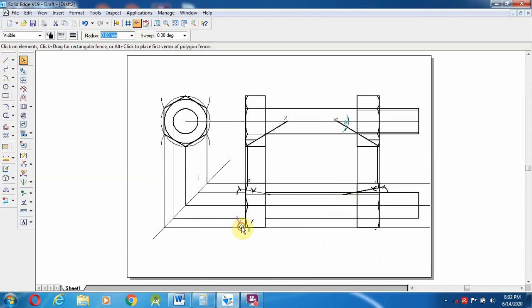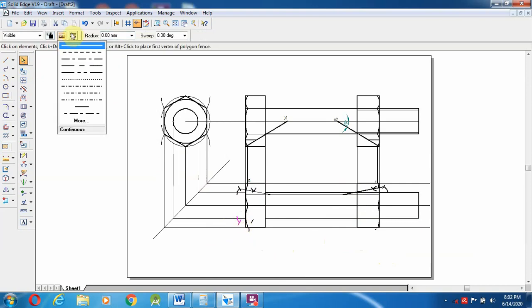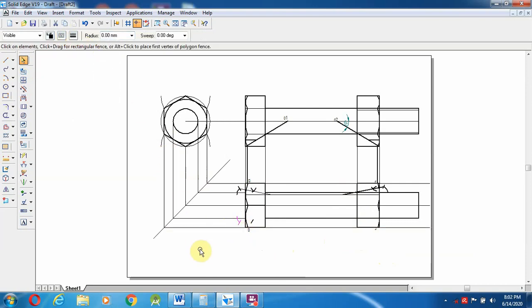These lines, everything is 0.13 mm. After changing to 0.13 mm.